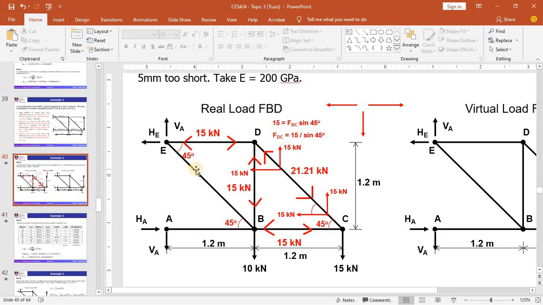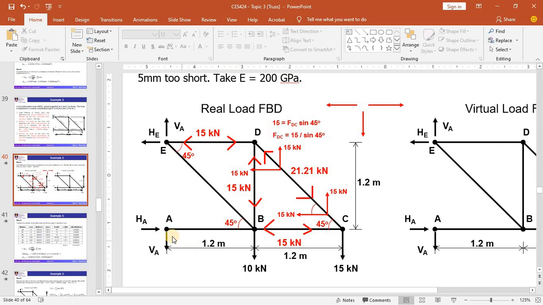Okay, so we have solved the internal forces in member DE and member DB. You can see that the internal force is 15 kilonewtons. Okay, what is the next joint that we can move to? Looking at joint E, since we do not yet know the direction at the support, it has more than two unknowns, which come from the support reaction and the member EB. So there are three unknowns.